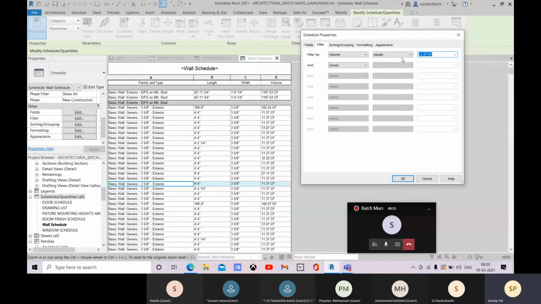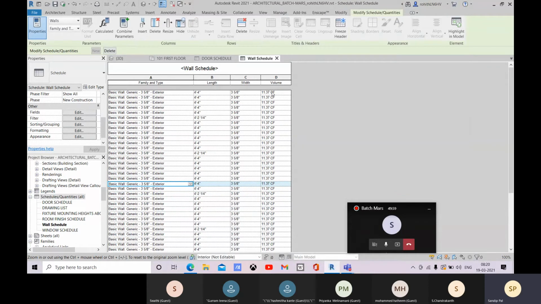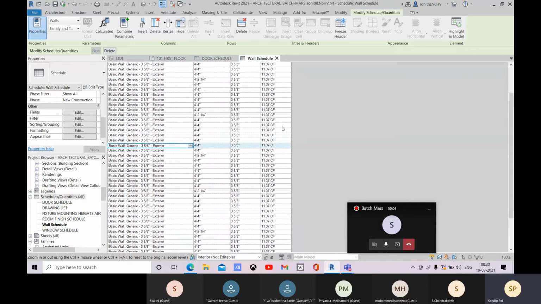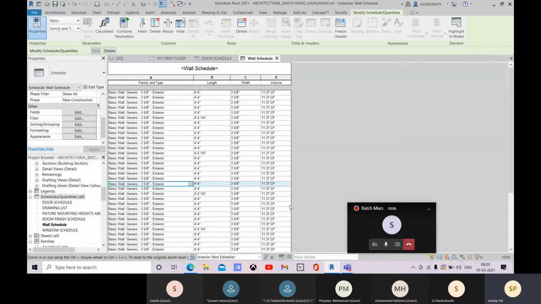All the walls which have this volume will be filtered over there, so there will be only these volume walls. With this you can filter it, and you will have only these walls.